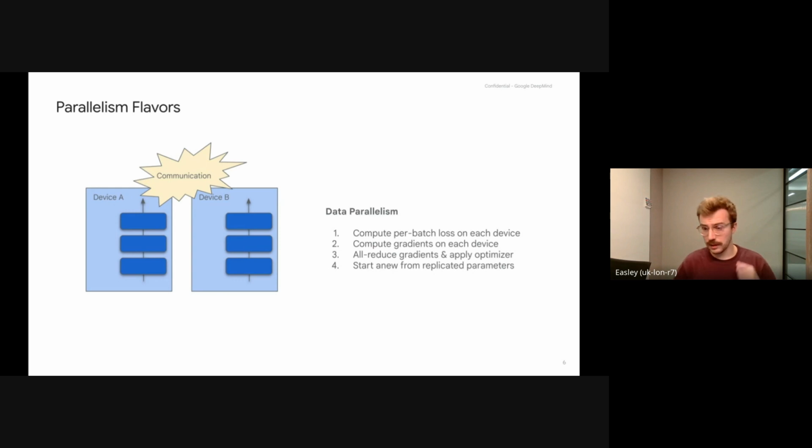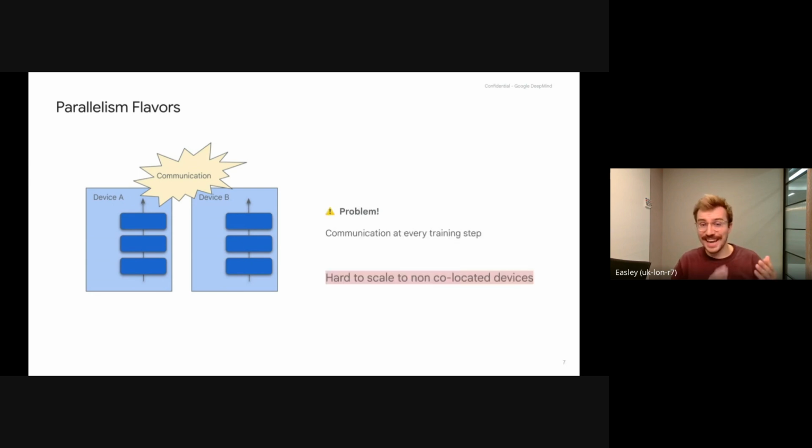We compute the gradient on each device, and then we all-reduce. That's from the distributed computing nomenclature. We do an all-reduce of the gradient, meaning we communicate the gradient of each replica together and apply them, meaning that at every time step, each of our devices holds a replica of the model with the same parameters. The problem is that you need to communicate at every time step.